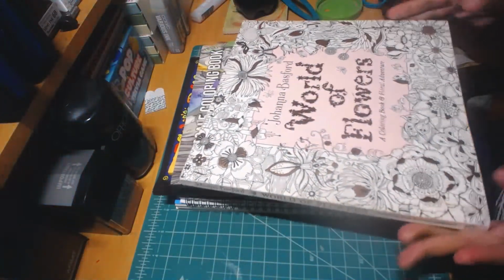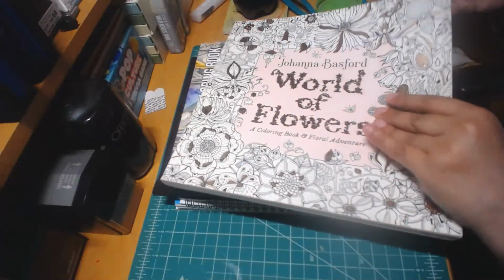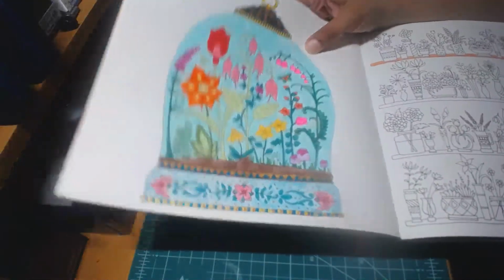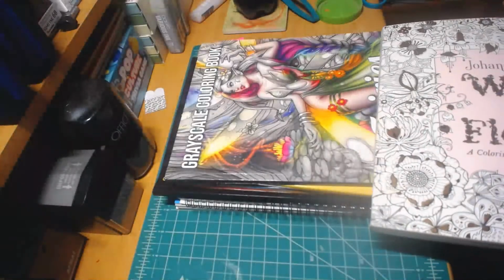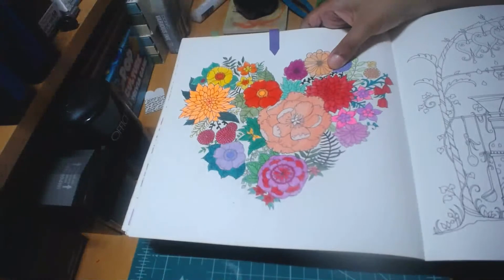World of Flowers. Now everybody knows this book. We probably did 2 pictures in World of Flowers. We did this one, most of it on Livestream. I think I finished it off camera. And then the last one we did was the last Livestream where we colored. We did this one